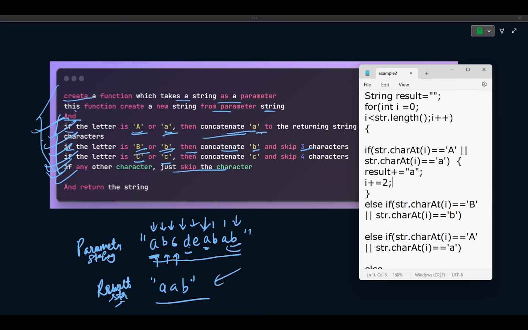Now we are here. I will not be telling you how we have skipped the two characters. You will definitely have some doubt related to it, but you should figure it out. Okay, now